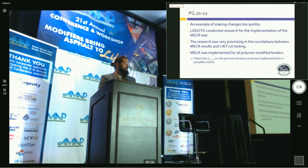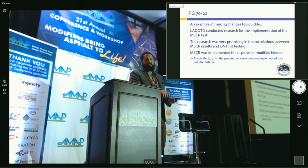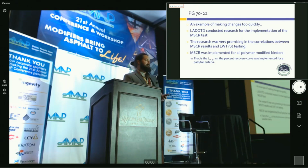An example of a specification that didn't work out too well was our most recent change to our 70-22 spec, the SBS polymer modified 70-22. We did research at LTRC looking at MSCR and trying to make sure that we could incorporate this test into our specification. And when we used SBS polymer, it seemed to be all right. But our 70-22 isn't all SBS in our state because we're a plant blended state. We do allow latex to be used as a modifier, and it doesn't react the same to MSCR testing as SBS did. So what happened when we did that, we basically shut out the use of latex